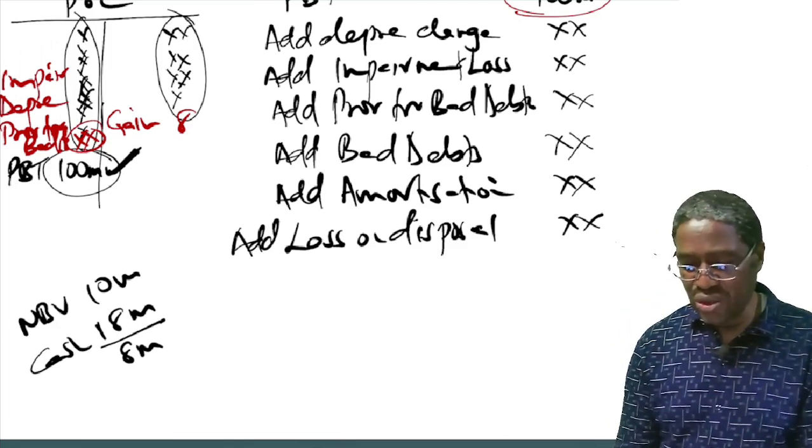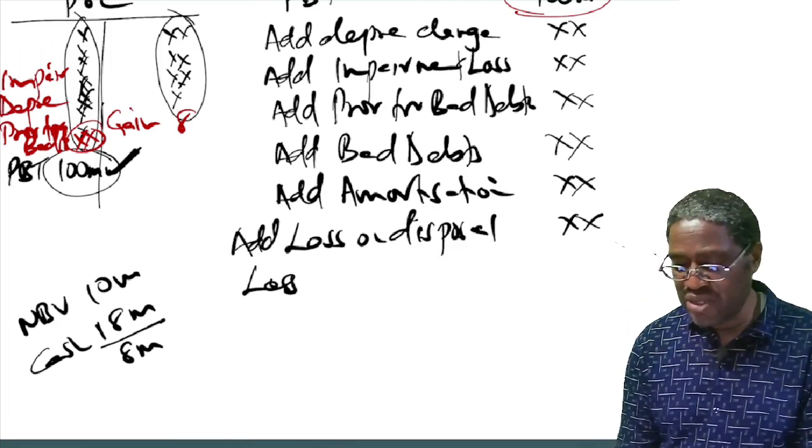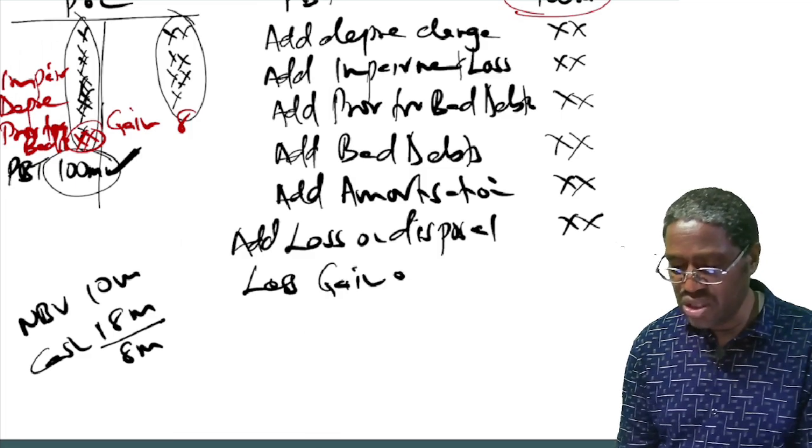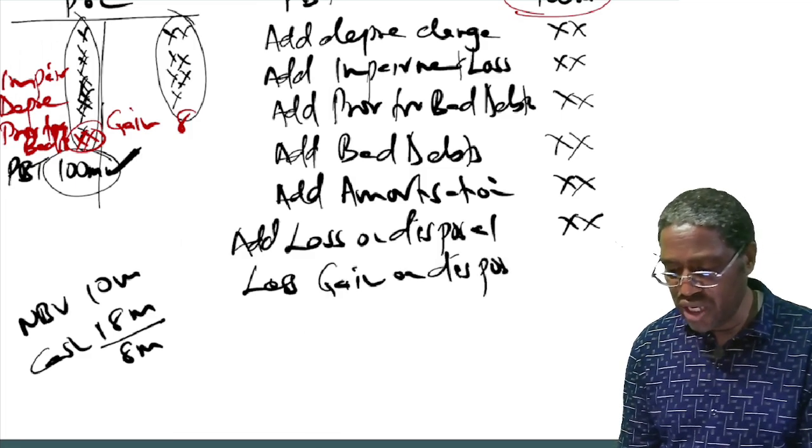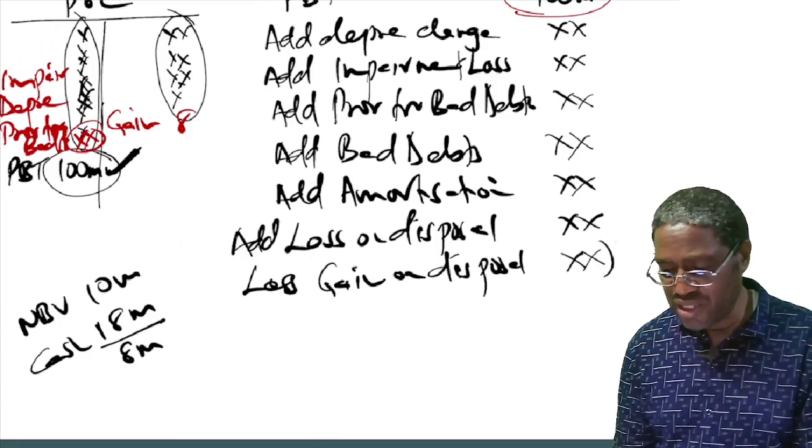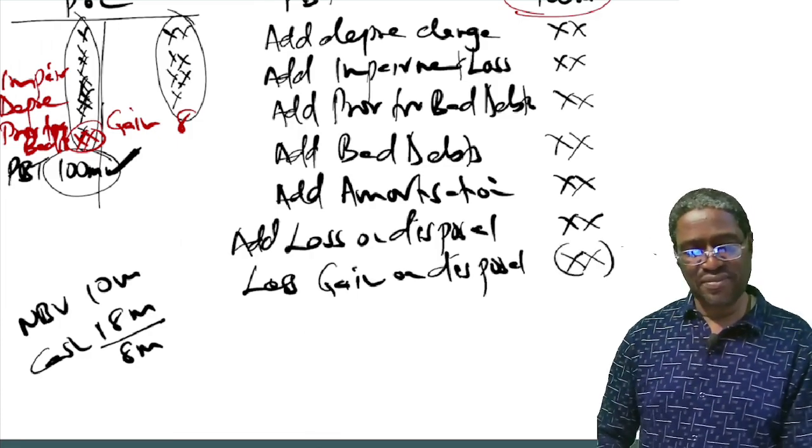So when it's a gain on disposal, we shall be subtracting any gain on disposal. Any gain on disposal, whatever it is, minus. Okay? Now,